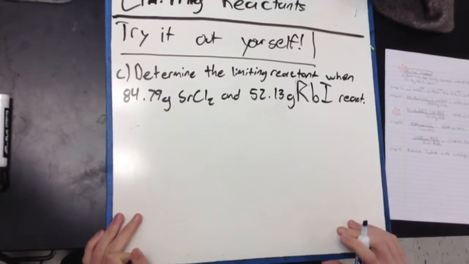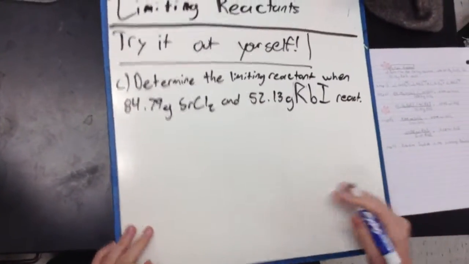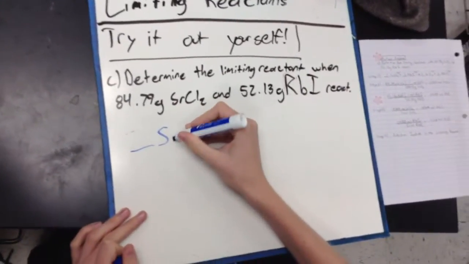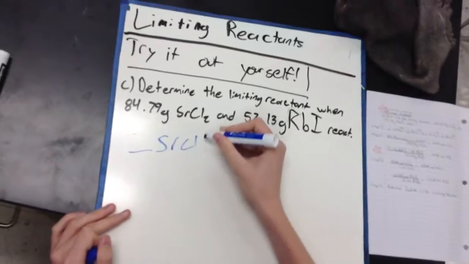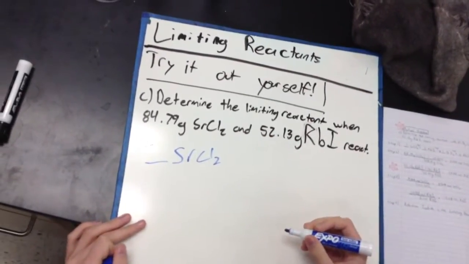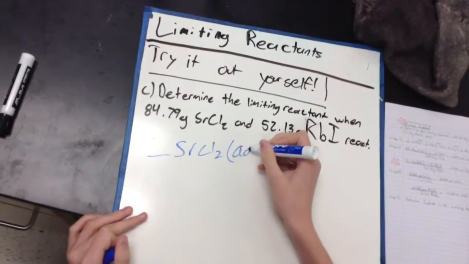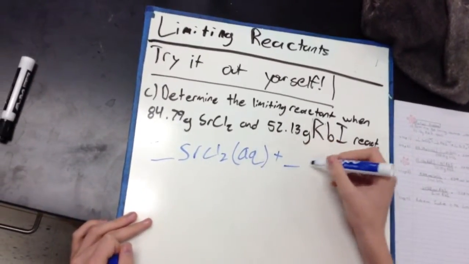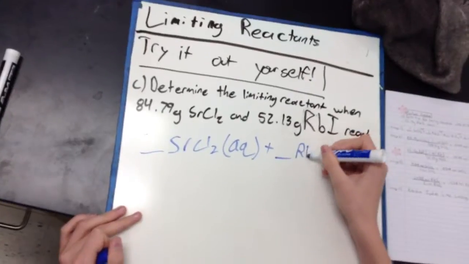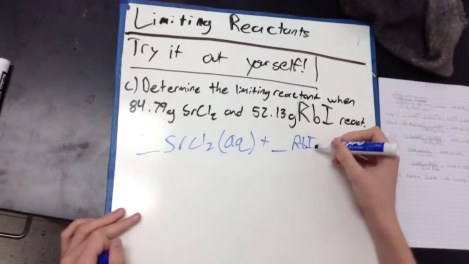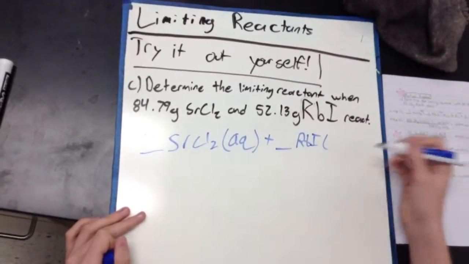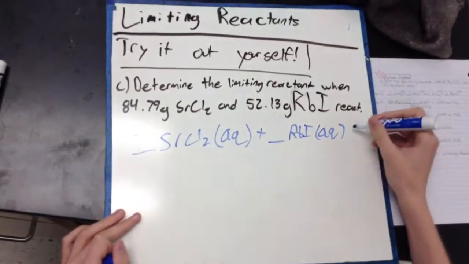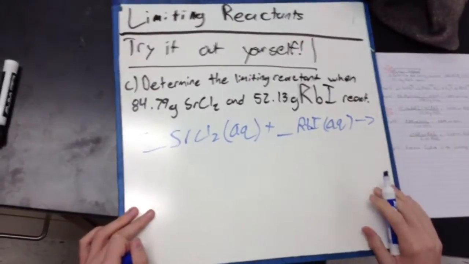First, we have to determine the balanced equation. So to write the balanced equation, you have strontium chloride, and from our solubility chart we can tell that that's aqueous, and that reacts with rubidium iodide, and from the same solubility chart we can tell that that is also aqueous, and then those react to form